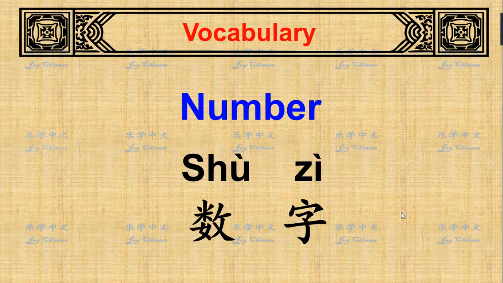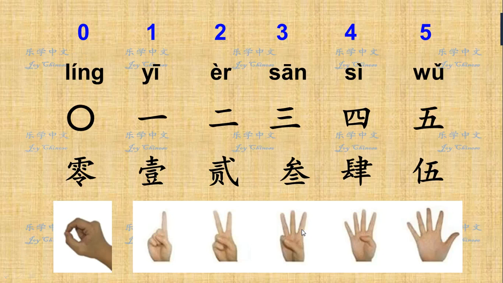This is the section of vocabularies. Today I'm going to introduce numbers. In Chinese, 数字, number. Let's start from 0. 零